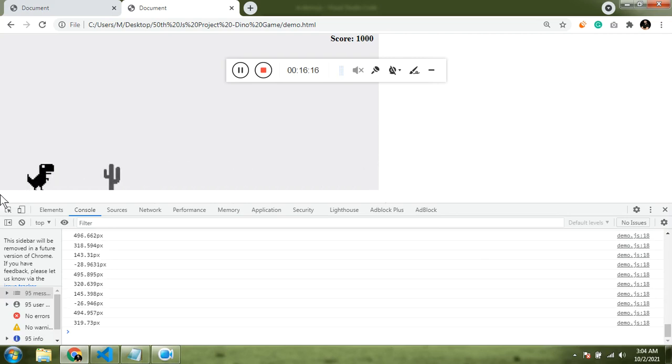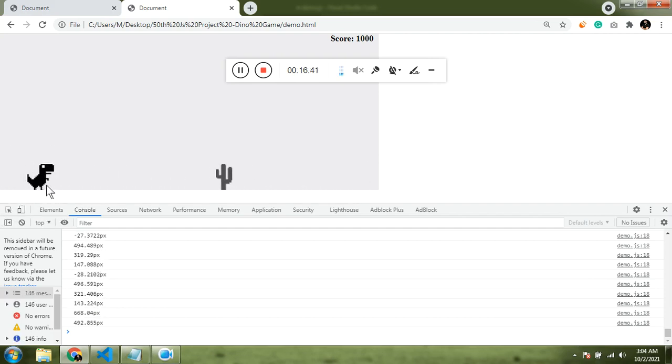Let's say it's starting from 0 and the width is 700. So the left is 700. If it comes here, it's 600, 500, 400, 300, 200, and same way if it touches here, this position and this position, if you see,